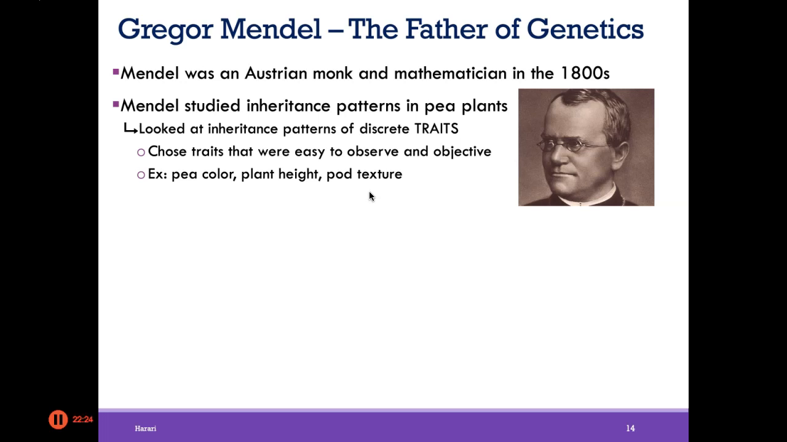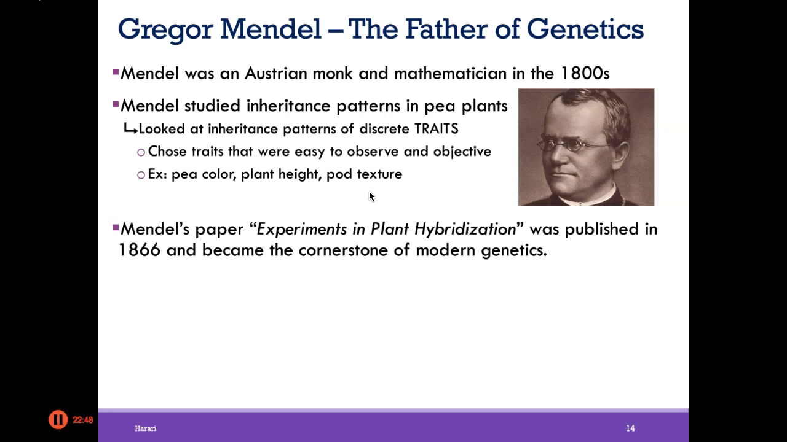Is the pea round or wrinkled? One or the other. Is it oval or spherical? One or the other. Those are discrete traits that are very easy to observe, right? If you show me a green pea, I'm not going to tell you it's yellow, unless I'm colorblind. So he chose peas because they have a lot of different observable traits, and again, they're easy to grow, cheap,